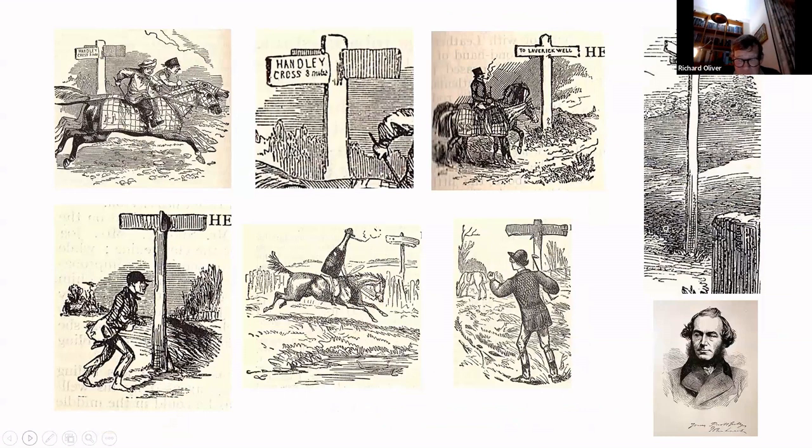Further illustrations were by the chap bottom right, who is John Leech, 1817 to 1864, who illustrated 4 of the novels by Robert Smith Surtees, of Jorrocks celebrity. I've laid some emphasis on this partly because I have the novels in their original with these Leech illustrations,